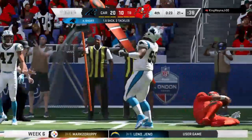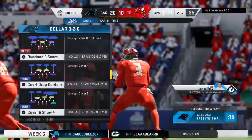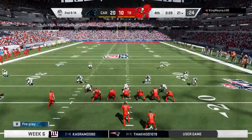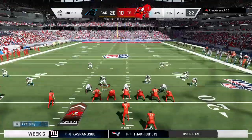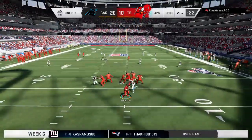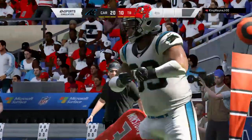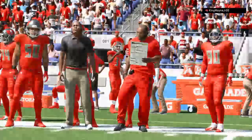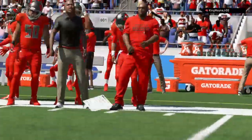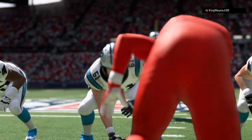He can't get rid of the football, and he's taken down. K1 short in there to drop him as that clock continues to run. 2nd and 14 as they've got work to do here after the sack. Off the play fake, Winston. He's going to go down again. K1 short, able to get in there for his 2nd sack of the afternoon. So this one is over. A victory for Carolina, and it took a big